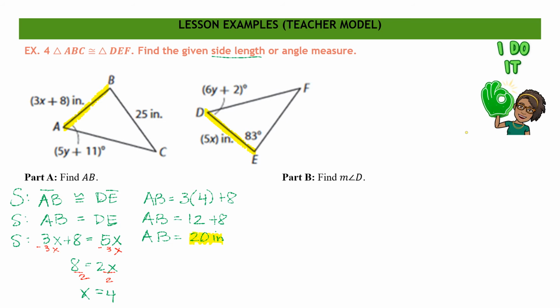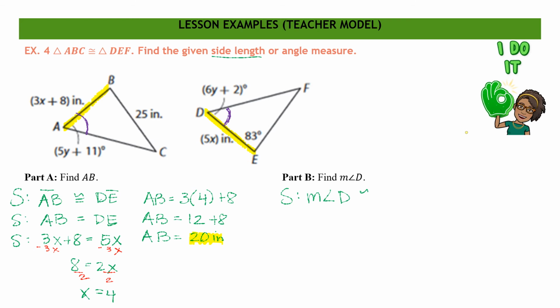Now we're going to do the same thing for part B. This time we're dealing with the measure of angles. So once again, we're going to write our congruency statement. We have the measure of angle D, and angle D is right here. We know that is corresponding to angle A, which is right here. So we can continue with our congruency statement that,